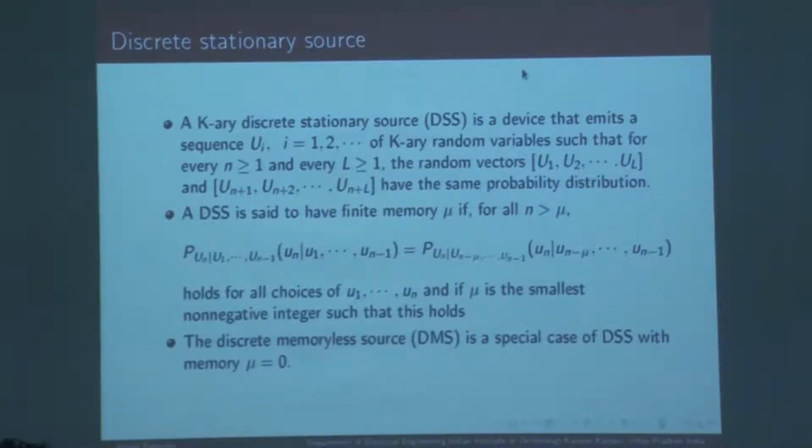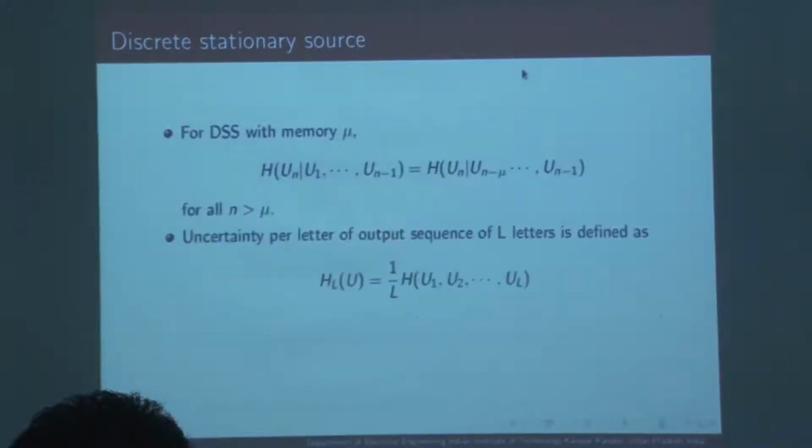That is why in the proof, when we are getting terms of the form U_L given U_2, U_3, ..., U_L, we are saying that is the same as decreasing L by 1. So, you have to remember that it is a discrete stationary source. So, U_1, U_2, ..., U_L has the same distribution as U_2, U_3, ..., U_(L+1), and that is exploited here. So, if you look here,